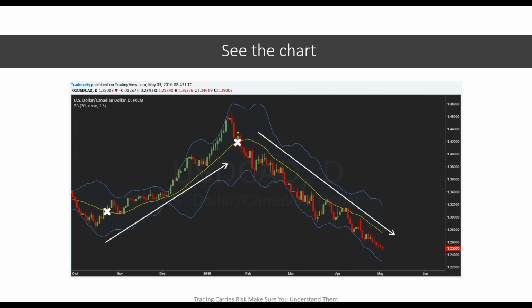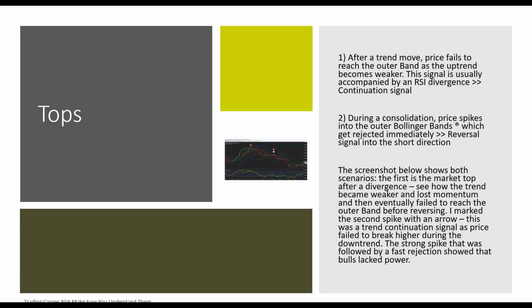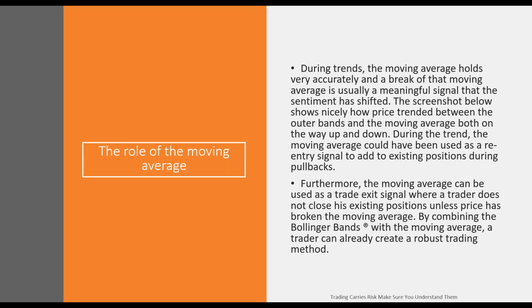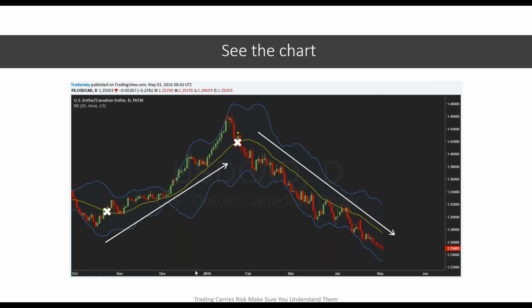Now, another way that we would want to use Bollinger Bands is to combine them with a moving average. During trends, the moving average holds very accurately, and a break of that moving average is usually a meaningful signal that sentiment has shifted. Furthermore, a moving average can be used as a trade exit signal, where a trader does not close his existing positions unless price has broken the moving average. So as we can see in here,